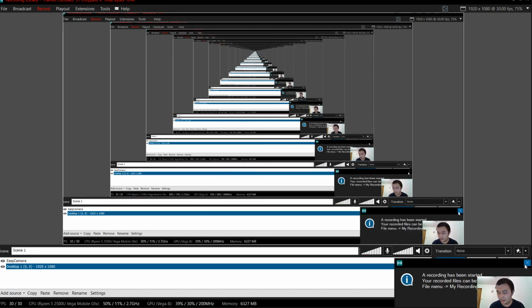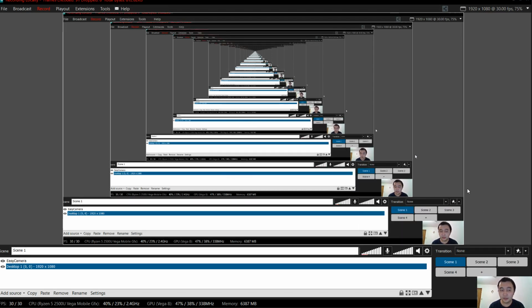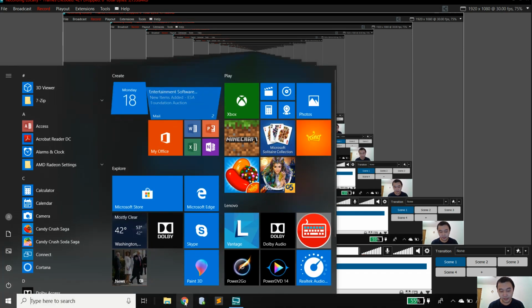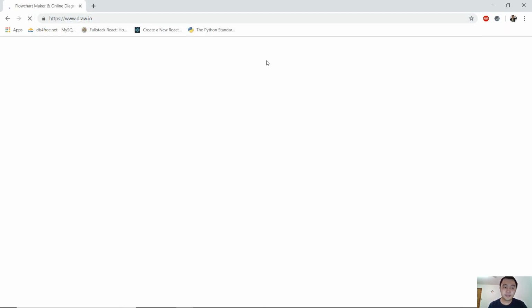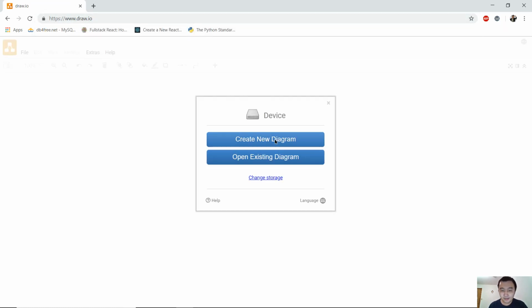Alright class, today I'm just gonna show you some technique to basically start to do the low level design for a software application. Now very quickly, let me open draw.io. Okay, create new diagram,